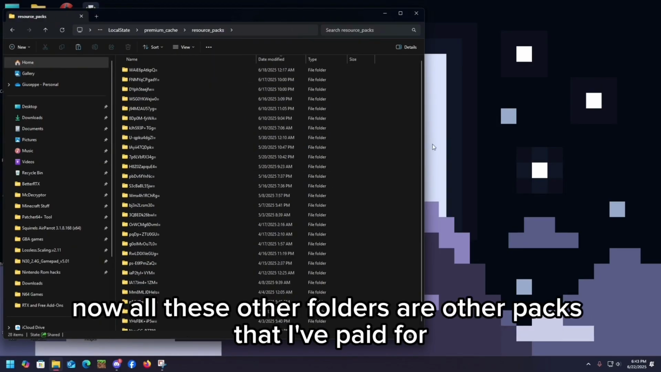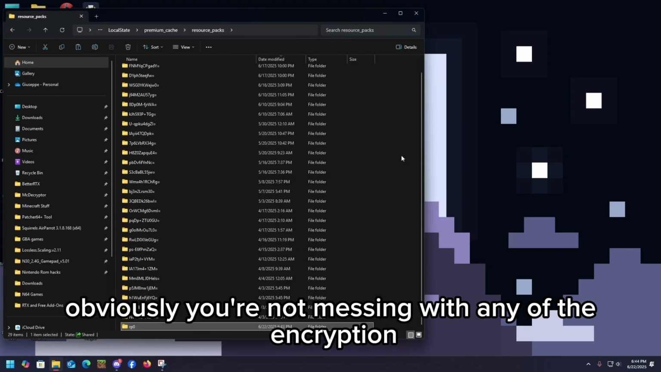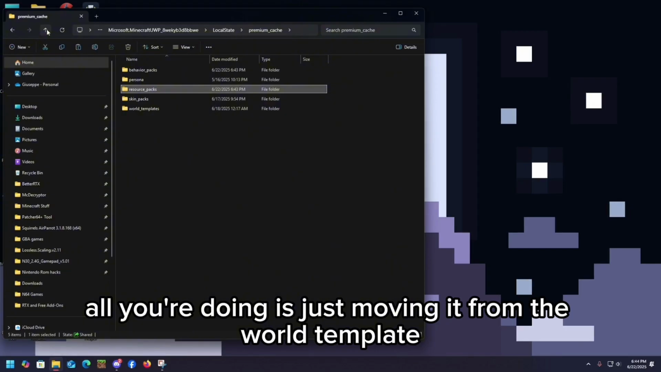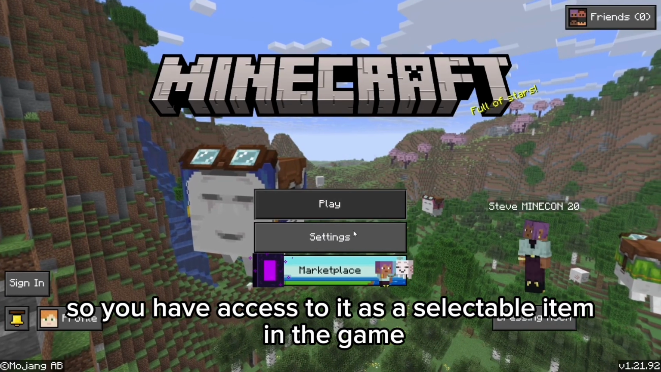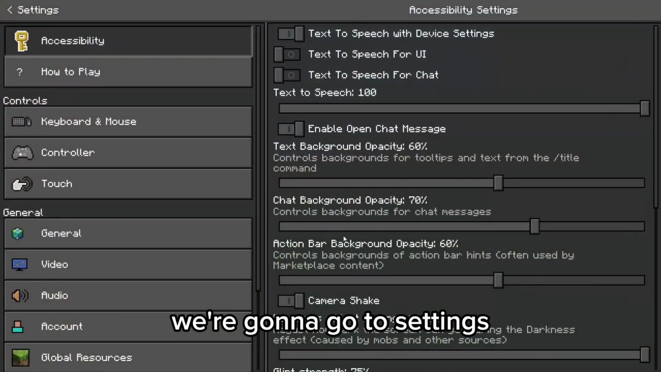Now, all these other folders are other packs that I've paid for, obviously. You're not messing with any of the encryption, none of that. All you're doing is just moving it from the world template so you have access to it as a selectable item in the game. Now we're going to go into the game, we're going to go to settings, and